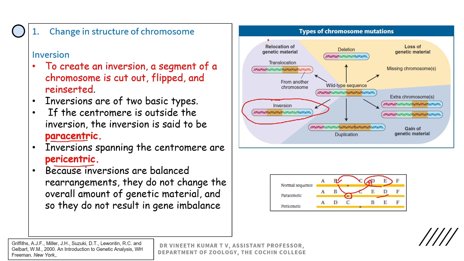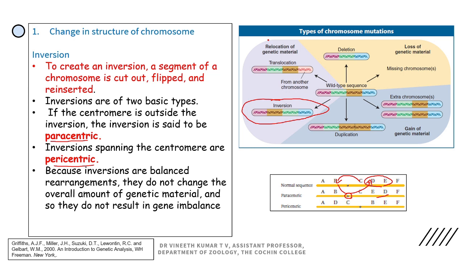The homologous genes will not be aligned, so they will have to assume abnormal structures for crossing over to occur, and attaining abnormal structures will result in abnormal chromosomes. And usually, with these inverted chromosomes, in most cases, if crossing over in meiosis happens,